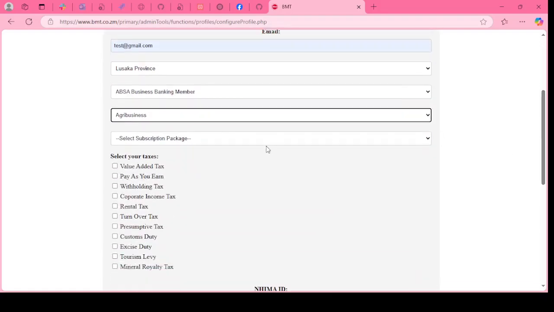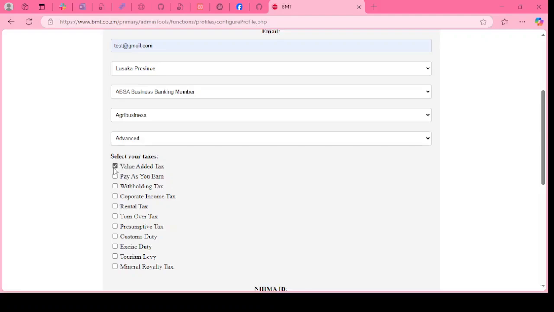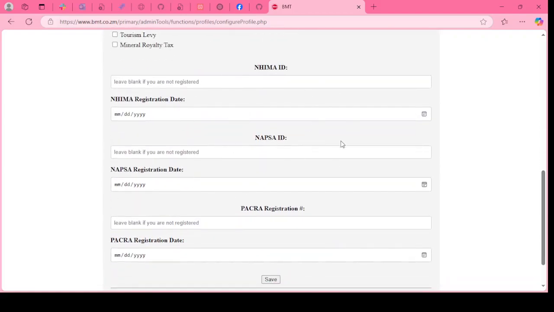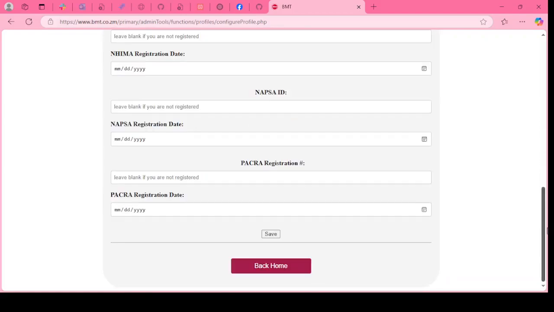Just as an example, I'll select my subscription package, either advanced, basic, standard, or ultimate. And then I will also click maybe value added tax as my tax. And then I would say I'll come back later and put in my NIMA, my NAPSA, and my PACRA details. And then I'll